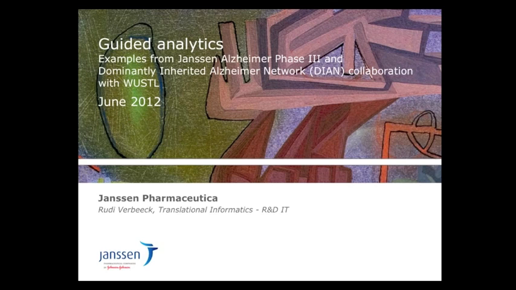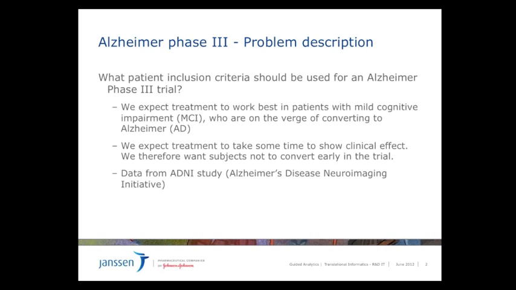So what I'll present is a research question that I was confronted with about a year ago, I guess, at Janssen, where we had a compound, again for Alzheimer's disease, that we wanted to test in a phase 3 clinical trial. Can you go to the next slide? Yeah, sure. The Alzheimer compound was expected to work fairly well, or well, the best in patients that had already some memory